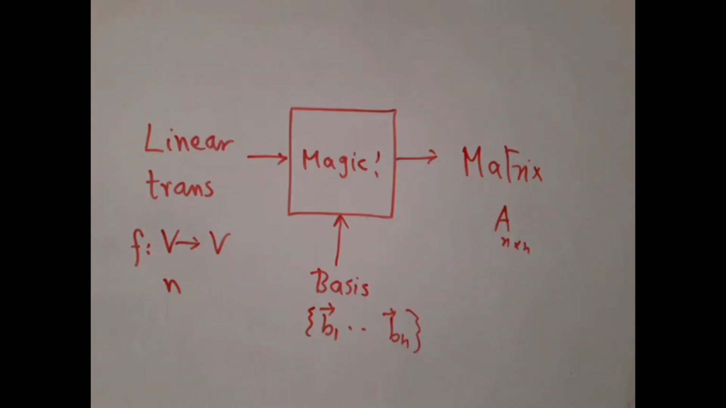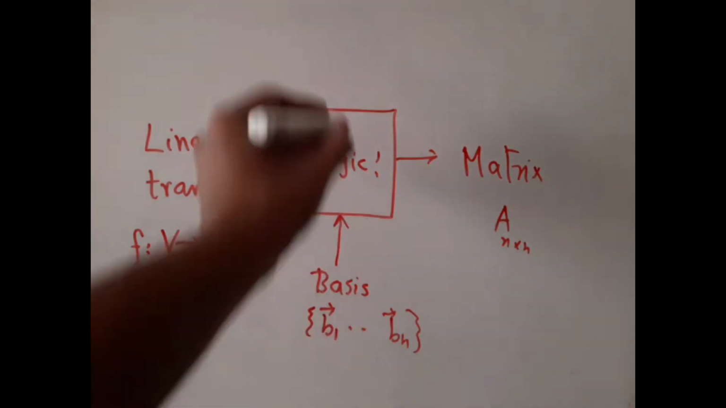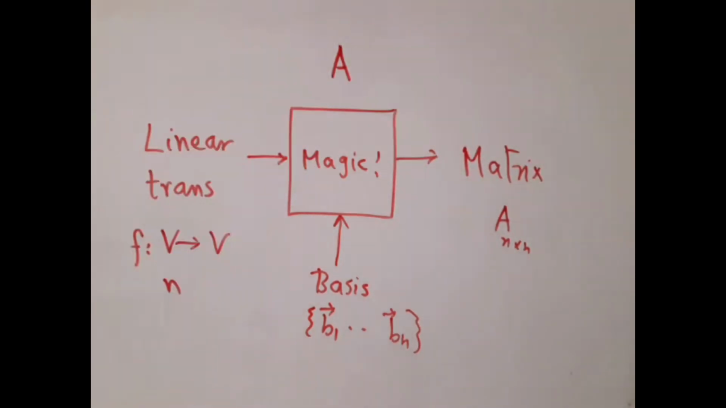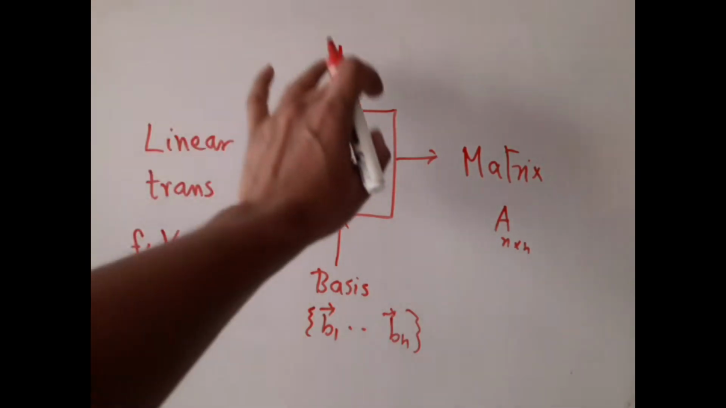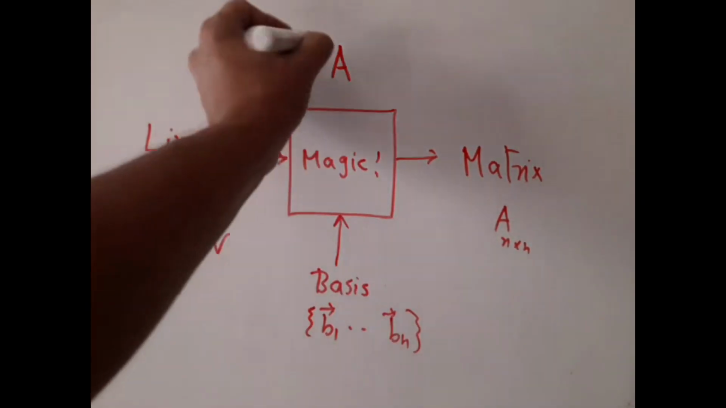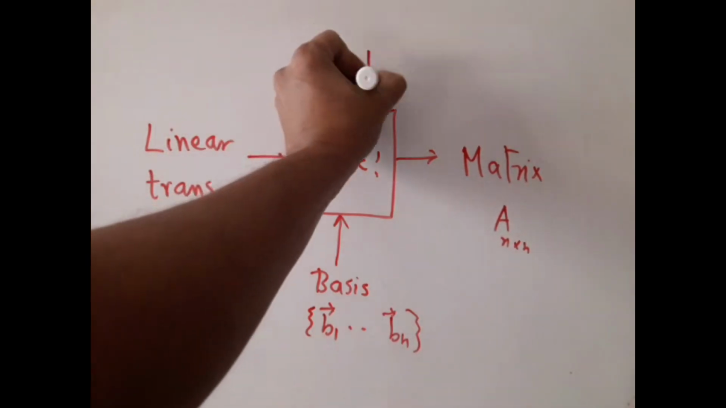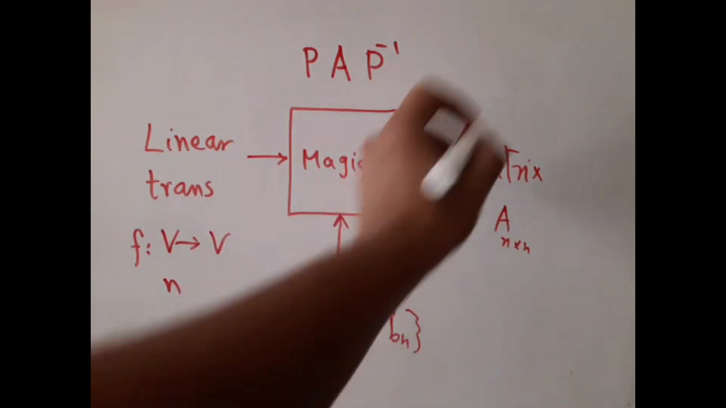Now there is a very simple relationship by which it will change. Suppose I fix some particular basis and the matrix that I get is A. Now I change the basis to something else. I will get a new matrix. Now that new matrix is related with this matrix by an interesting relationship, namely PAP inverse, where P is